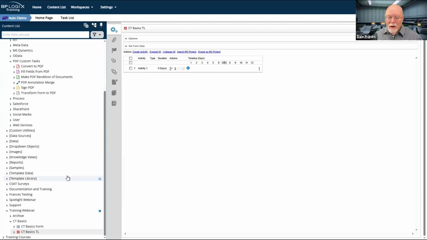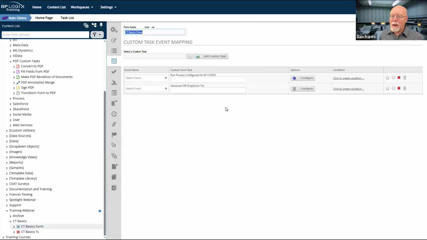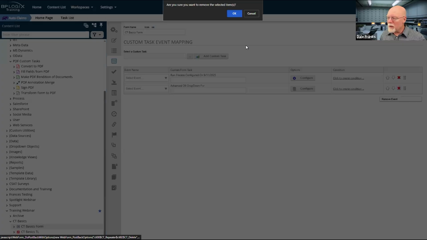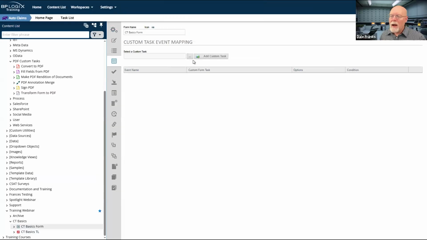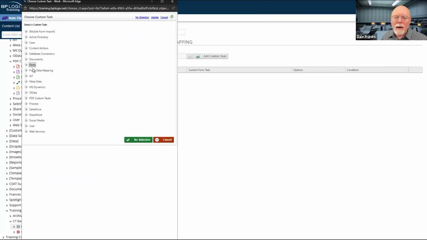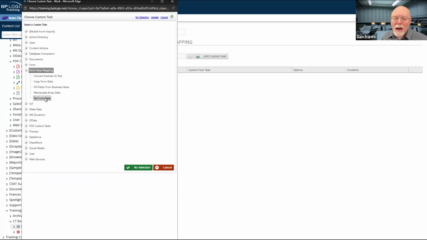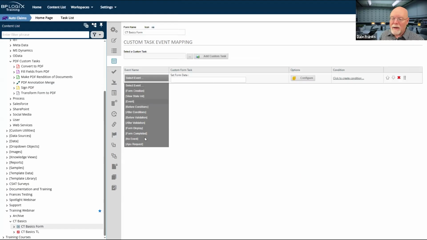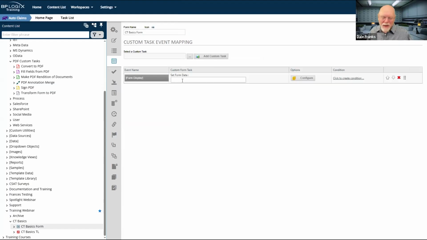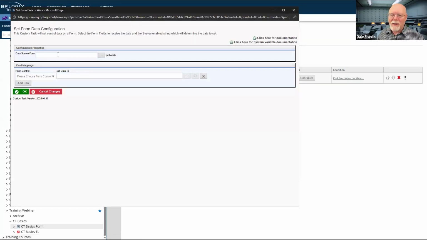So let's say that I was in the form, and we'll just go ahead and show you an example of it. Let me get rid of these example custom tasks here. And so let's go back in here and go to form data mapping, and we'll go to set form data. We'll add that as a custom task. And let's just say the display event. And we think, well, display event would be great. Where is form display? There it is. We say the display event will be great. The form will open up, it'll display, and it'll set my sequence number.